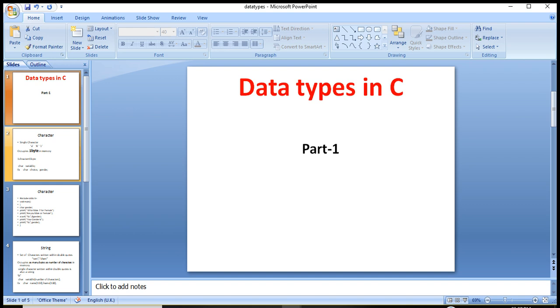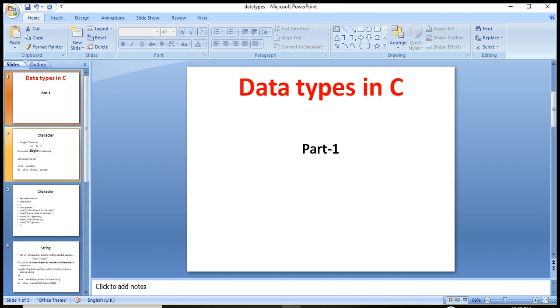Okay, so data is a collection of letters, numbers, figures, and special symbols, and even pictures represent data. So we have learned about data.